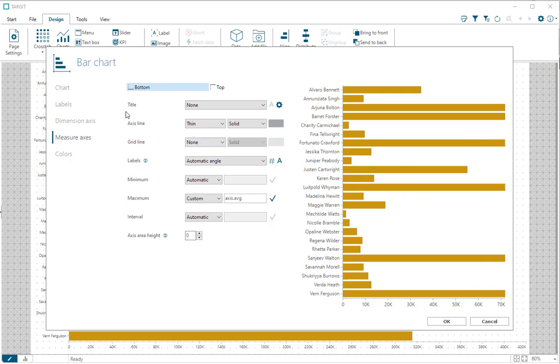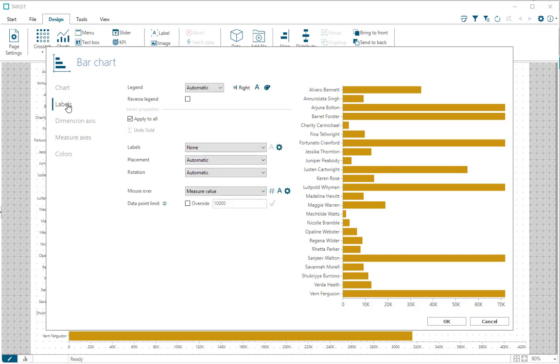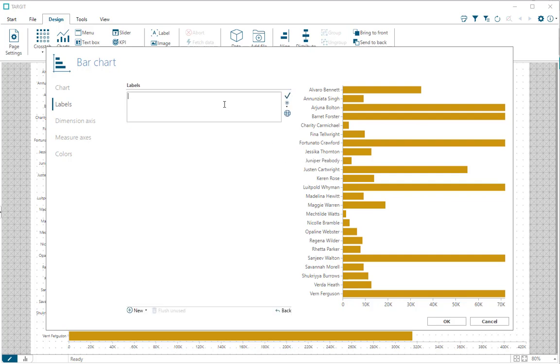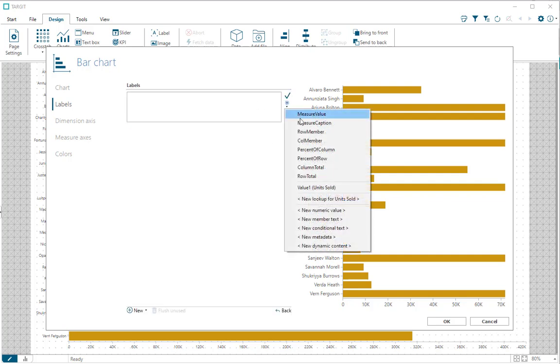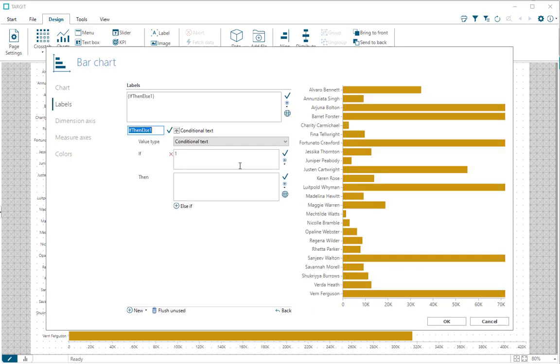We need to make the end user aware of that, and we could do that with labels. Currently no labels, and actually we're going into my advanced text editor to add a so-called conditional label, conditional text, this one. It simply gives you an option. If, and then you pick your value. If the value is greater than